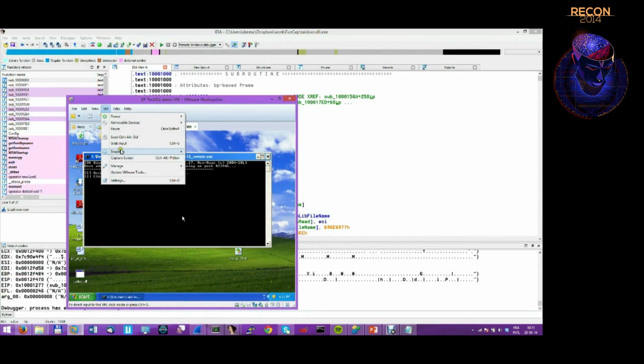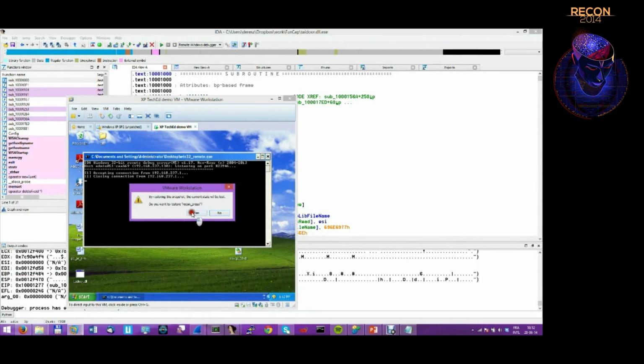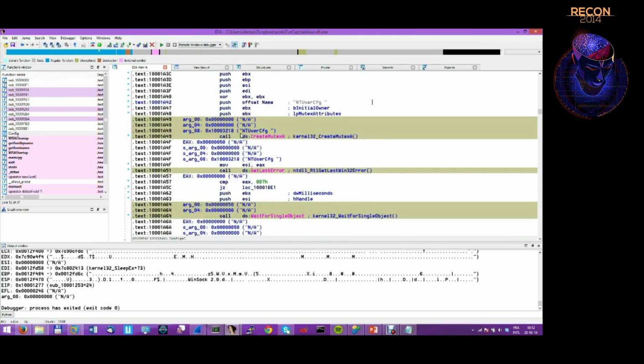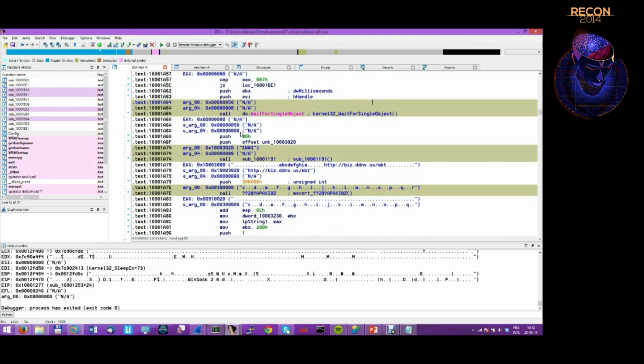We can straight away revert the virtual machine for the next example, and here you can see that there are some functions marked in a different color. Those were called, and you can see that we have some information pasted here. For example, here this function was called with some junk argument, and when it was dereferenced again, you can see that this is a URL of the command and control server,